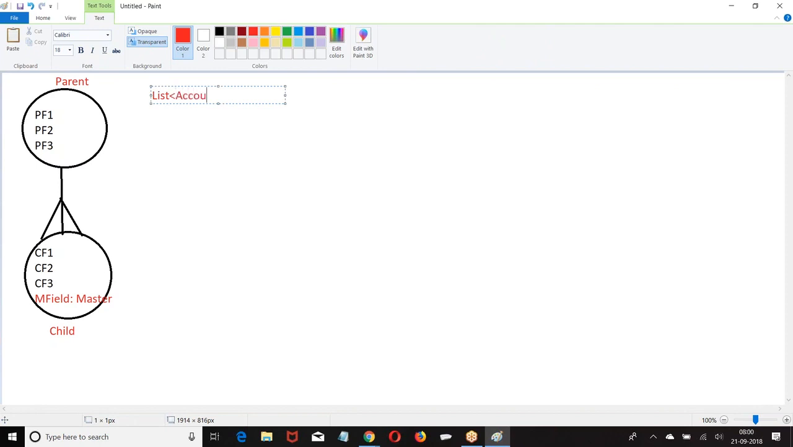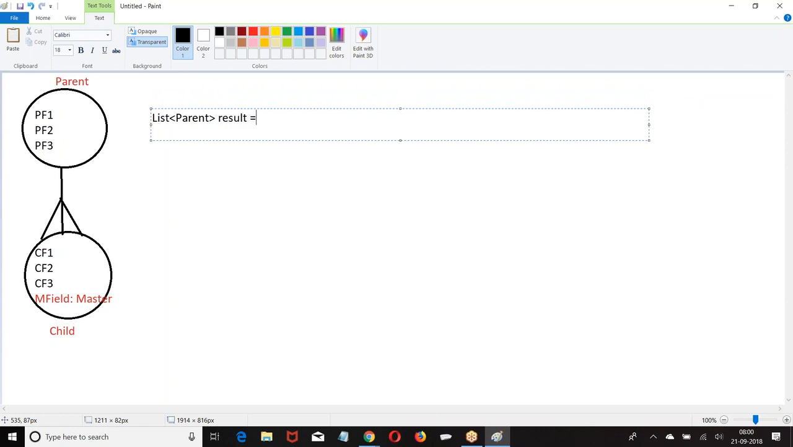List of... Now we are assuming that a relation between these two objects was created by Salesforce. What is the field? It is a standard relation. Salesforce created the relation. Then result equals